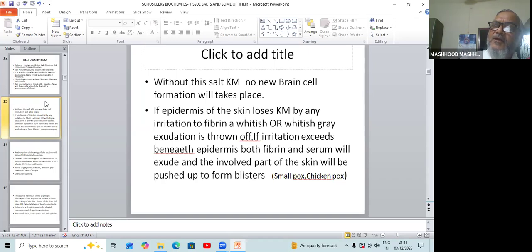We gave so many cases a tremendous quantity of kali mur for chickenpox in our first college days. That was very important. Even now, I am giving this kali mur as a preventive for chickenpox, varicella and certain other types. This blister formation is due to the epidermis, and the deep dermis is also involved in kali mur absorption. Reabsorption of the thrown off exudate will occur if kali mur molecules are applied.